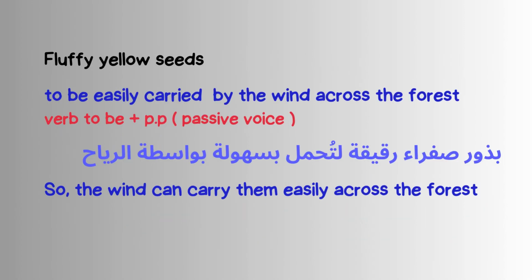Also, we said that it has fluffy yellow seeds. So why? To be easily carried, yes, by the wind across the forest. So here, these seeds are fluffy and very light, so the wind can carry them across the forest. As these fluffy yellow seeds move with the wind to another place to be planted in this new place, okay, and form a new tree. So if these 3 points, which are structural adaptations in the Kapok tree, are clear,